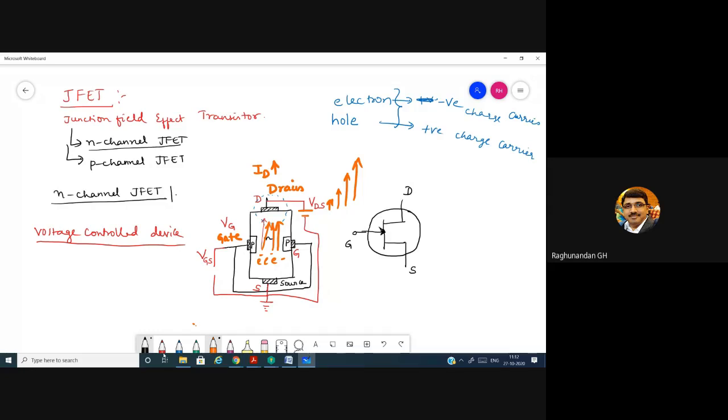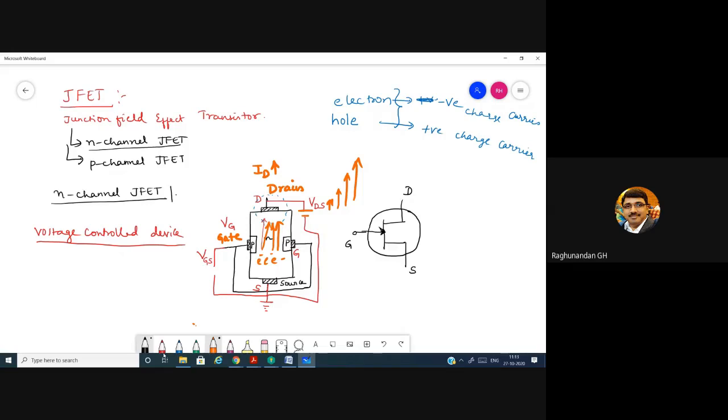Drain current is the current which we are going to allow to pass through the load. Similarly, in the BJT we had the collector current IC, which was going to the load. Here, drain current is the current which is going to be given to the load. Now, when I give more and more drain voltage, more and more drain current is coming. So if I want to control this, what should I do? There should be some controlling mechanism.